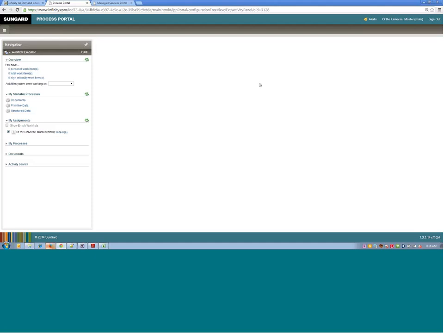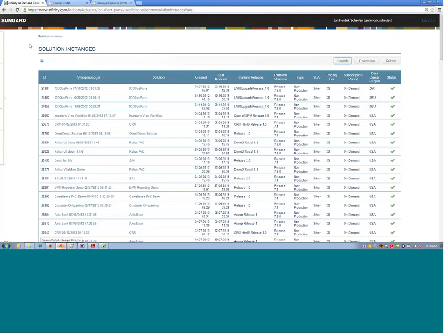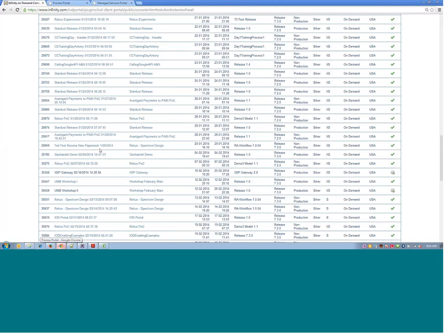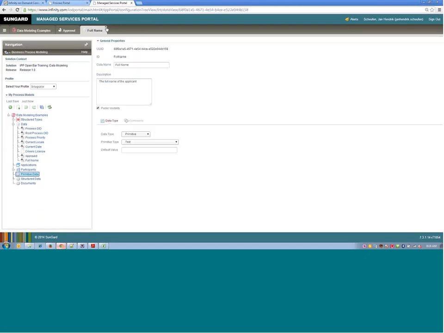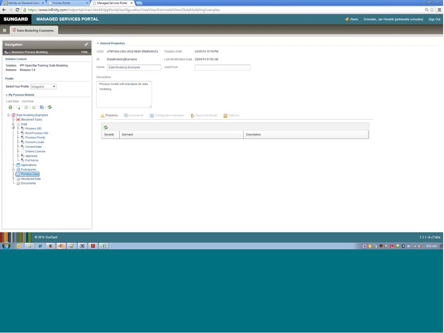So this already concludes the primitive data part. Let me go back to the process modeler and to my model. I'm going to close these tabs. Let's look at structured data. Structured data is the most, or our preferred way of modeling data objects that have a certain level of complexity, because structured data can have internal fields and an internal nested structure. So, for example,